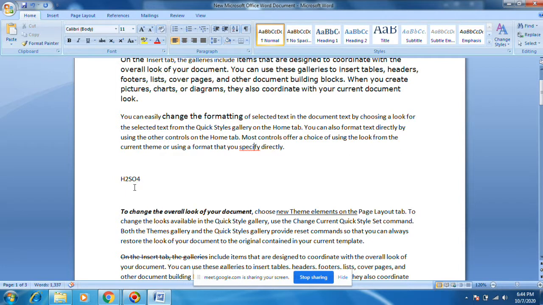You want to take the 2 and bring it down. This is the subscript, it will be small and go down. Superscript, it will go to the top. You see, subscript, it will go down.